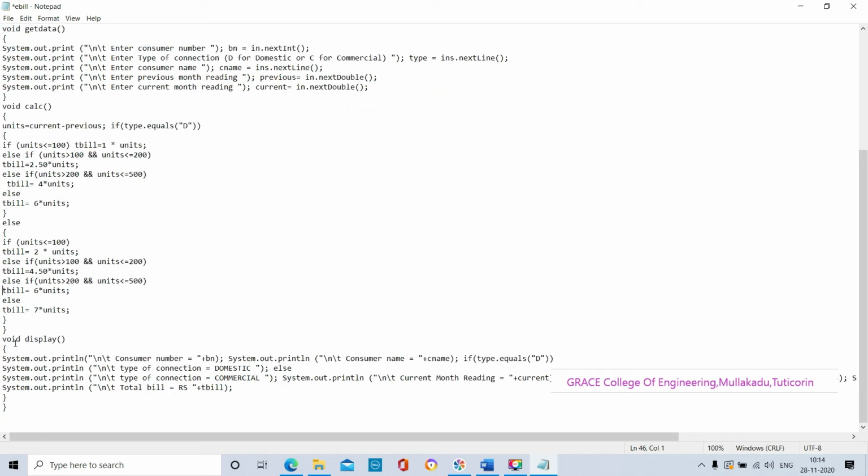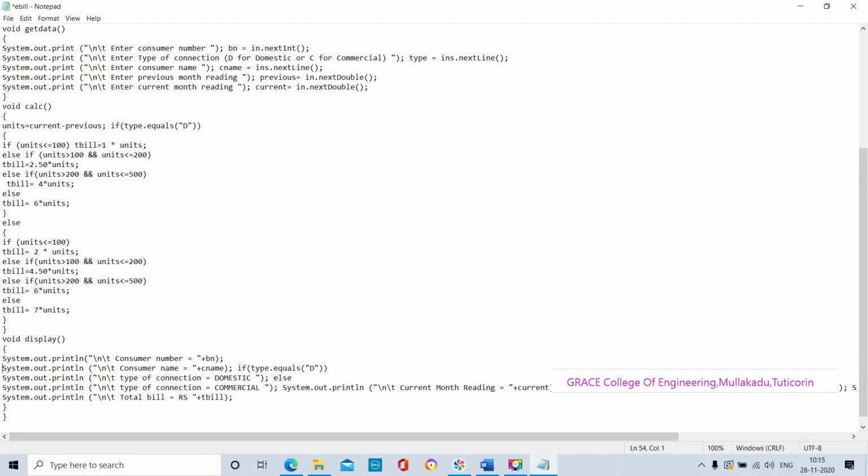This is the formula. So void display, this is another method definition. Within the function definition we are defining to display all the output. Whatever we are giving within the double quotation, that statement will be displayed on our output screen. Plus is just the conjunction operator. For conjunction purpose we are using the plus operator. bn is the variable, it contains the bill number. Okay, bill number, by using the System.out.println statement.